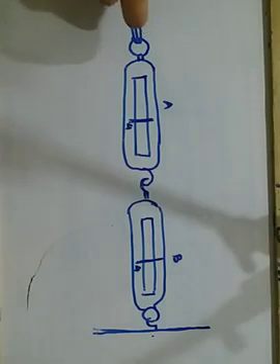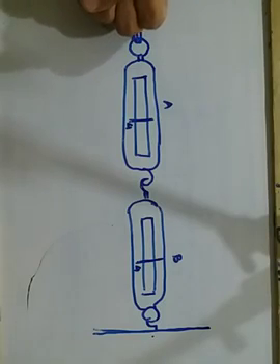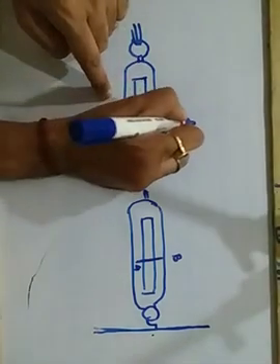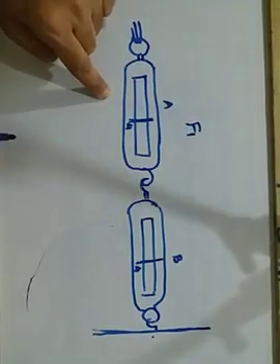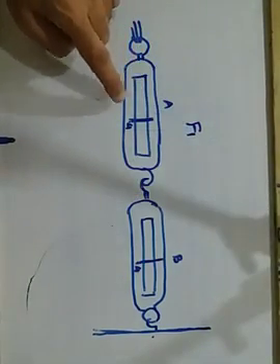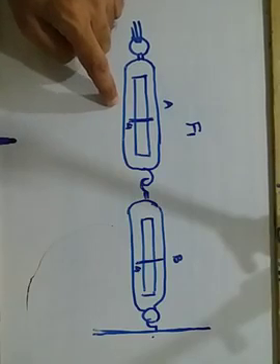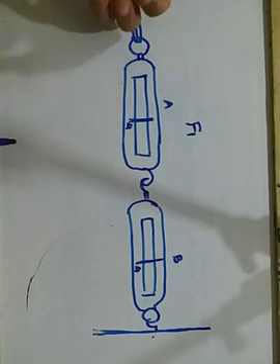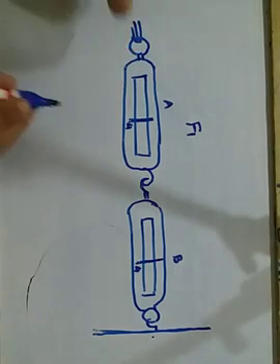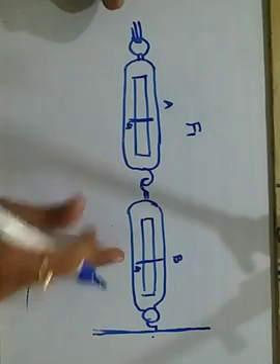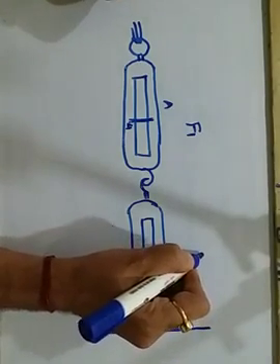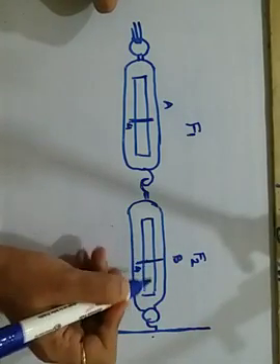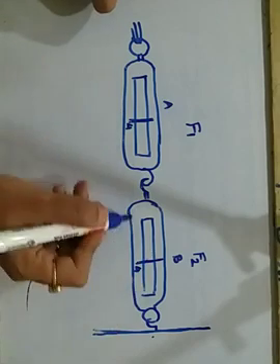But where did the action start from? Sir, I have applied the force in this direction. So the force was applied on A. So this is F1, that is the force acting from A. So what is the action? This is your action, that you have applied a force, because of which B has got stretched, and that has shown you another reaction. That is your force F2. So this is your reaction, that B also moves with the same magnitude.